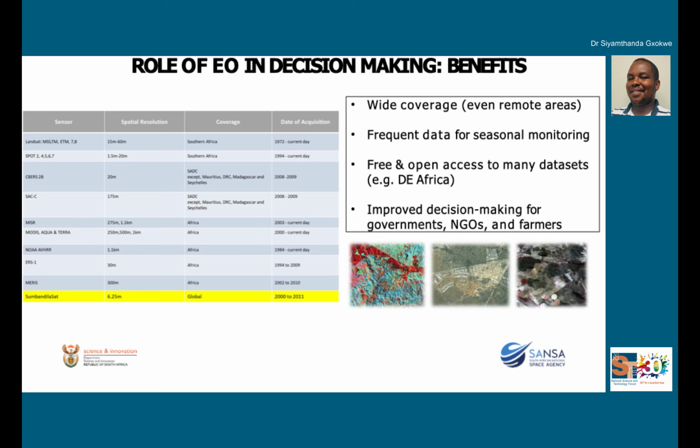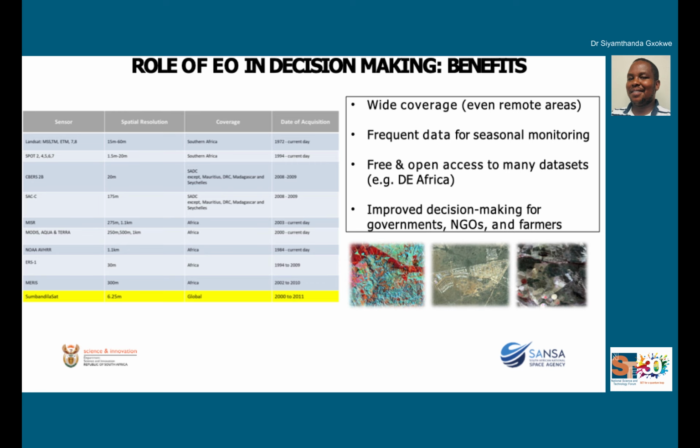So what we are basically looking at is that it becomes much easier for us to say what has been the change over time, frequently, because this data provides us with satellite imagery that are collected on repeated coverages. And as a result, it becomes easier for us to continuously monitor this.